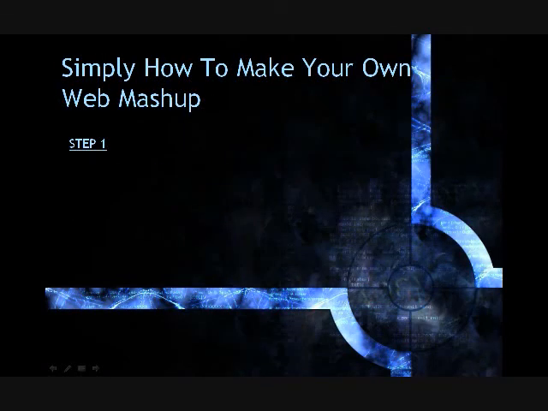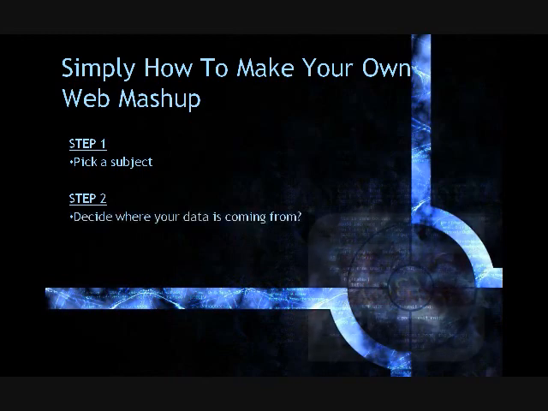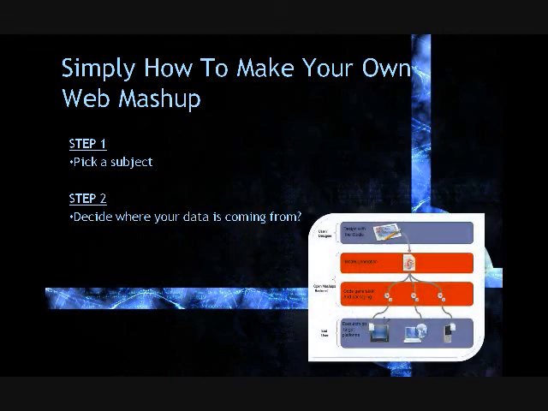Now let me teach you how to make your own web mashup. Isn't it interesting? The step 1 is to pick a subject. Pick a subject to get started in making mashups. First, pick an easy area to build a mashup. Don't pick complex areas first. It will be really hard. Maybe like a Google map which shows where coffee shops are available will be really interesting. To get more ideas, visit mashup sites and look at some APIs built. It will give you some really good ideas.